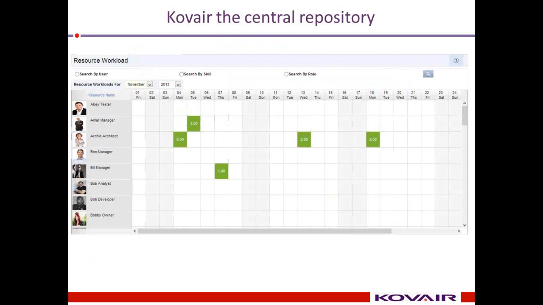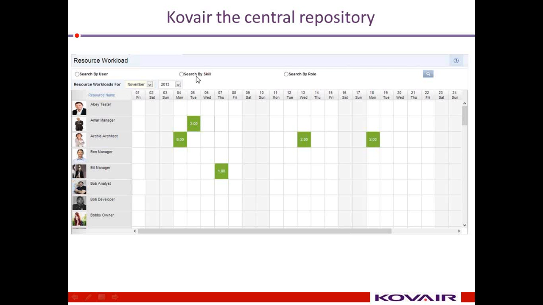With that, we will move into some of the reporting capabilities, or some of the screens of CoWare. This is the resource workload screen. As you can see, it clearly shows the allocation of individual resources. In our product demo, we will go into a little more detail on this.